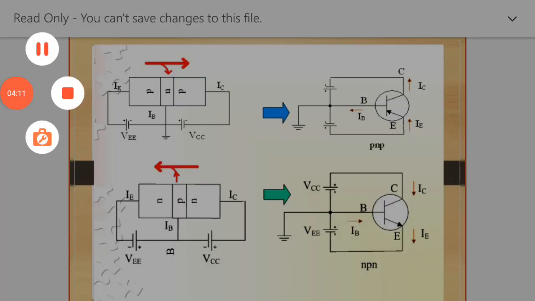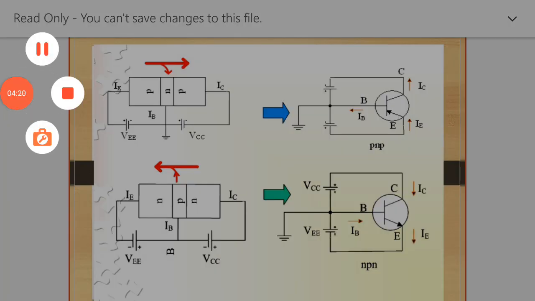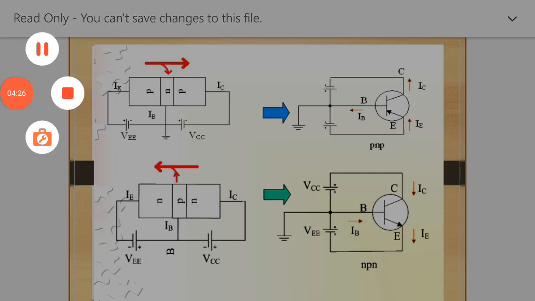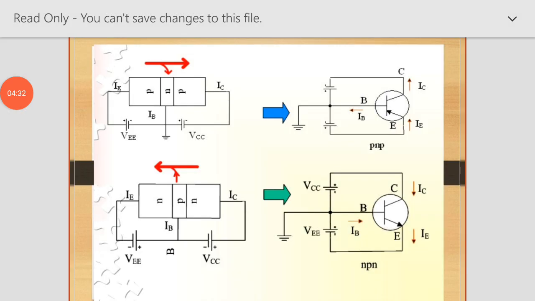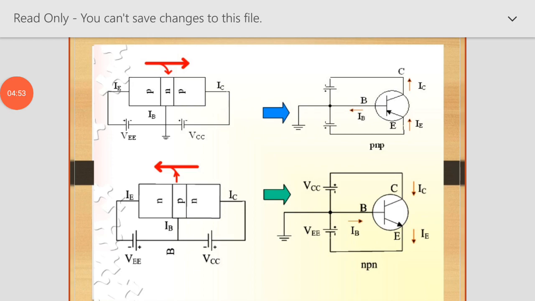In the output voltage, VBC is the output voltage. In VBC, the base terminal is common, but here it acts as a reverse bias. So at the base terminal the negative voltage is applied, and at the collector terminal the positive voltage is applied, as shown in the figure. The figure shows the base is common. The main point of the CB configuration is that the base is common to input and output voltage. Collector, base, emitter: the base is the most important terminal in CB configuration.